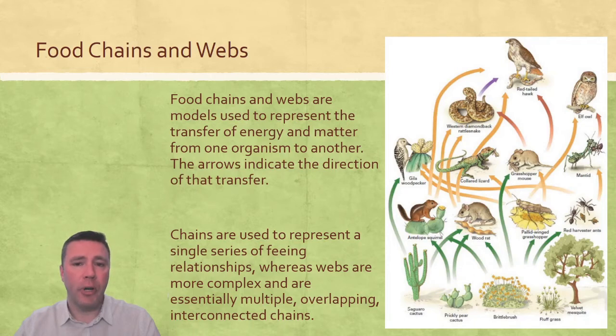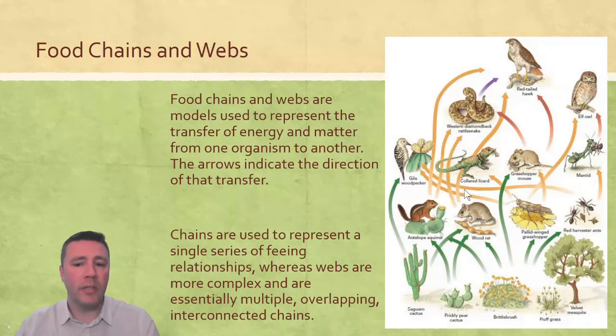Just like that energy pyramid that we saw before, it begins with producers that then supply energy and matter to all subsequent consumers. Now, I can tell these are producers because they don't have any arrows going to them. Producers are the source of energy in living things in an ecosystem. So not having any arrows going to them means they're getting their energy from the sun. Then we can trace these arrows to find out who's a primary consumer, who's a secondary consumer, and so on.